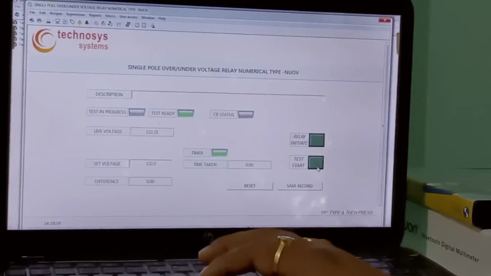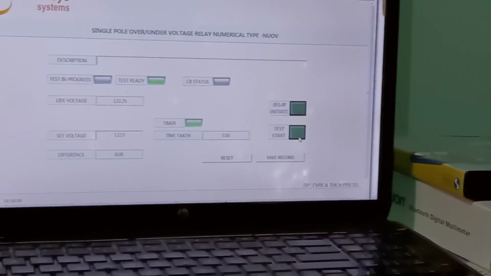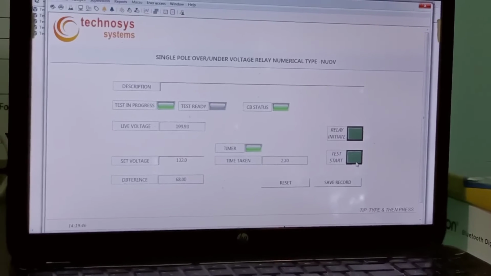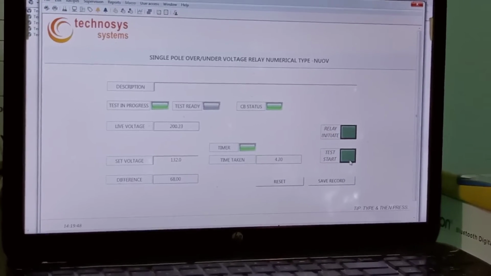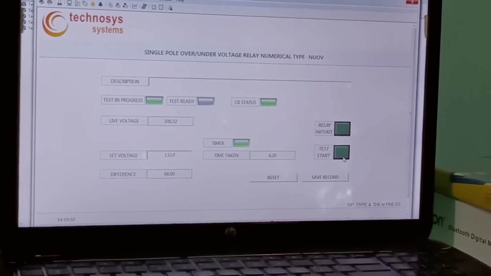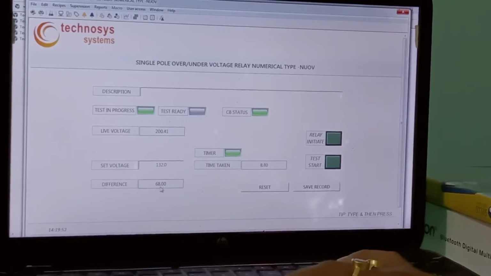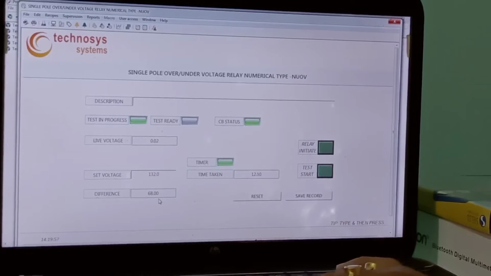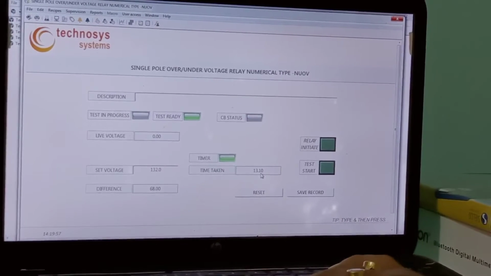Now test start. Now the difference is 68 volts. See, the difference is greater, the time taken to trip is lesser.